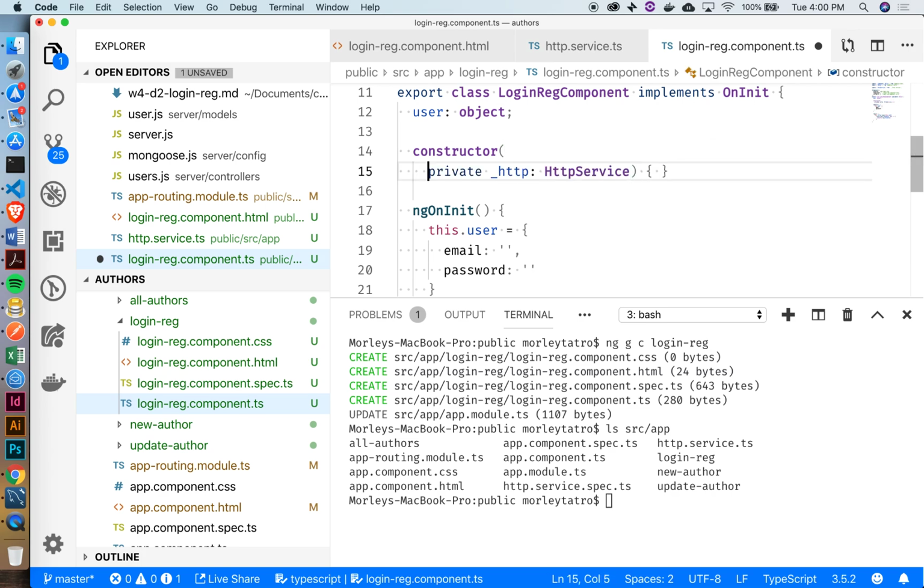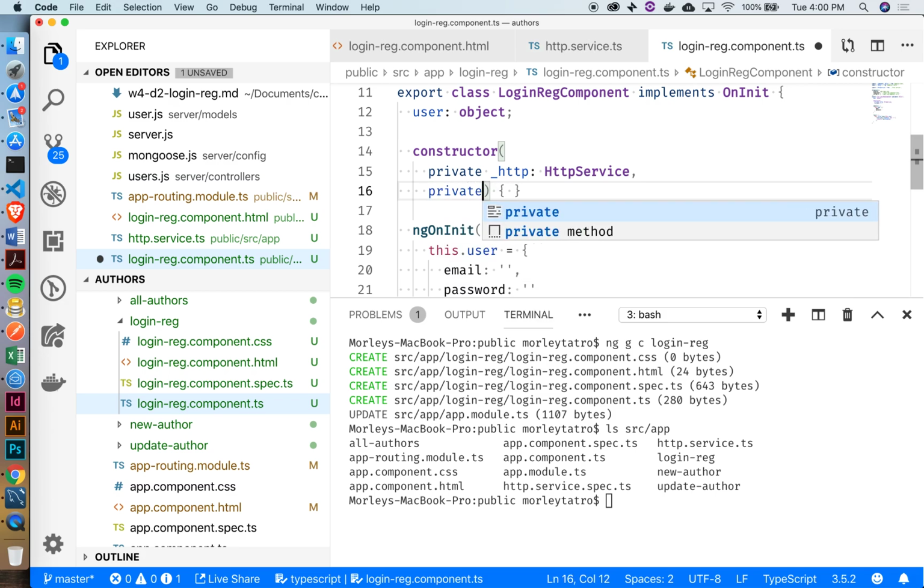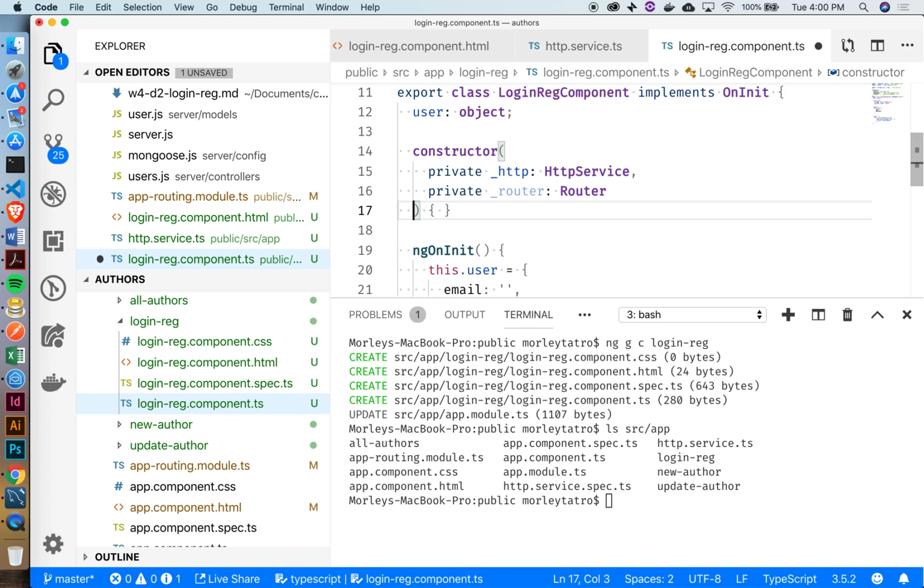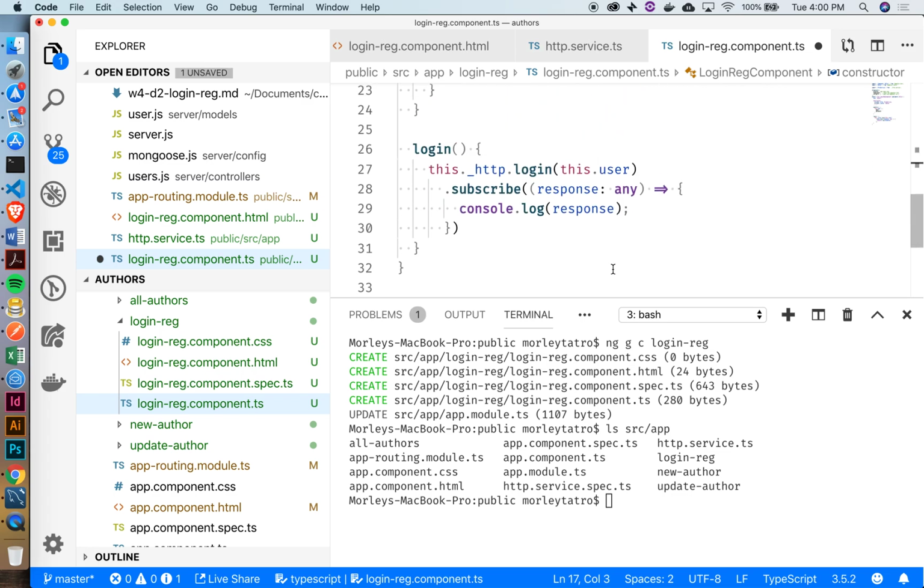So we'll say private router is an instance of router. And so if response.result equals success,